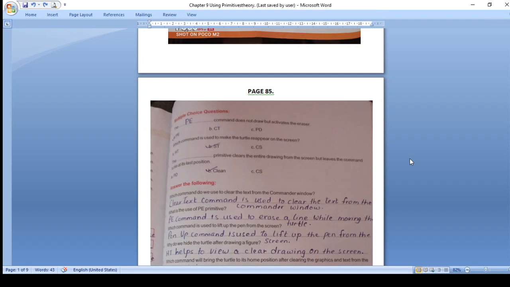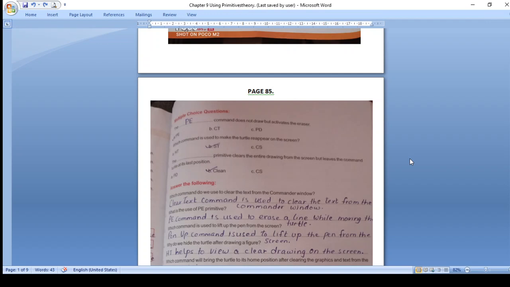Third one, the dash primitive clears the entire drawing from the screen but leaves the turtle at its last position. That is the clean command, because as we know, clear screen will erase and bring the turtle to its home position. But the clean command will erase the entire drawing but leave the turtle at its last position.